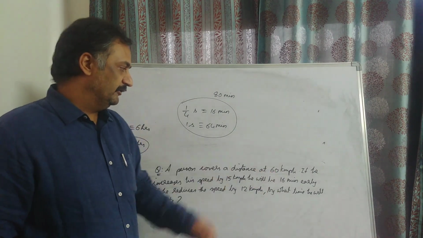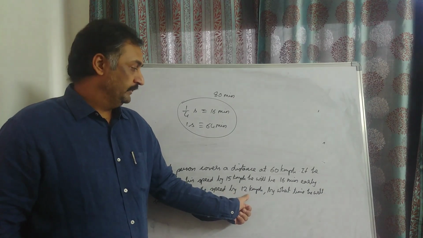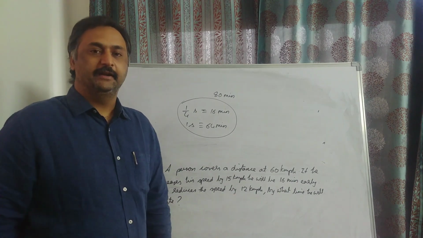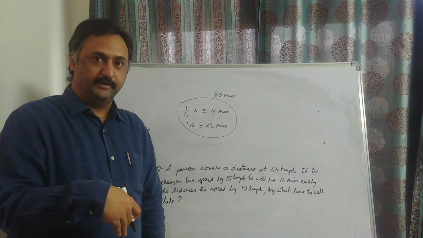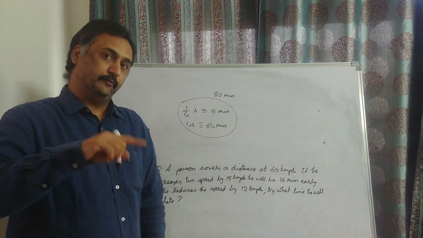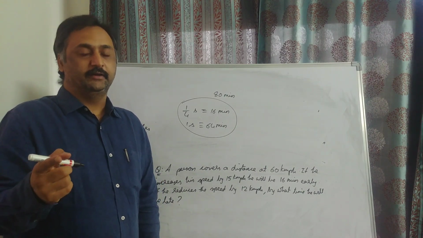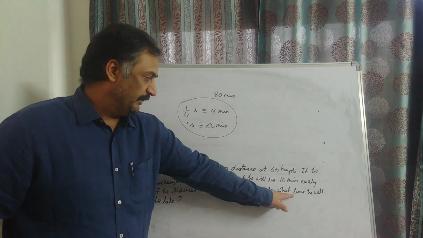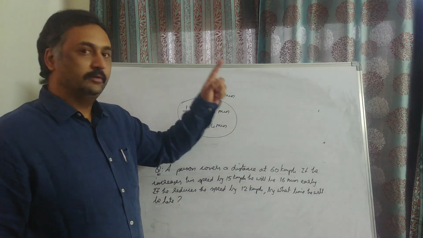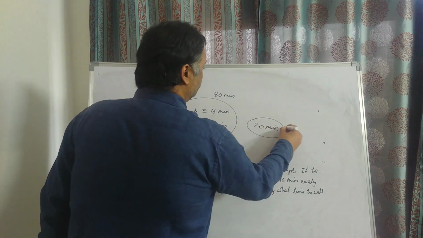Now, if this 60 km per hour speed is reduced by 12 km per hour, so out of 60, 12 is 1/5. So it is decreased by 1/5. It becomes 4/5. If you travel at 4/5 speed, you take 5/4 of time because speed and time are reversed. 5/4 time means your time is increased by 1/4. That's what he is asking. By what time will he get delayed? So 1/4 time will be delayed. What is 1/4 of 80 minutes? 20 minutes. So he will get delayed by 20 minutes.